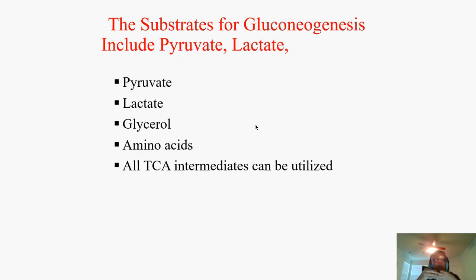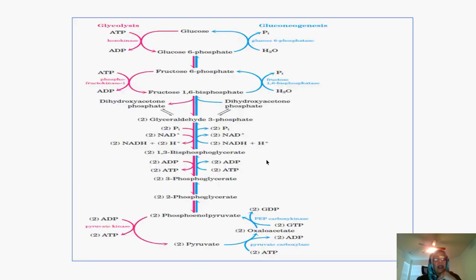Number 3, which is this slide, we need to have carbon donors. We need to have a precursor that can be used to synthesize glucose. Next, I'm going to show you the details of how we can do this mechanism. In any pathway, you have to learn those 4 concepts: when, where, why, and how. Now we know that we have to have certain conditions to do gluconeogenesis. In this slide, we're going to see how we are going to do gluconeogenesis.